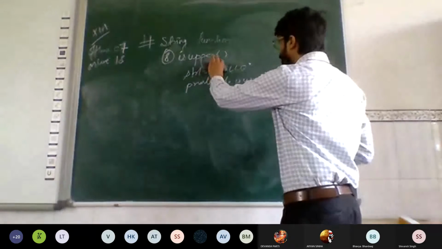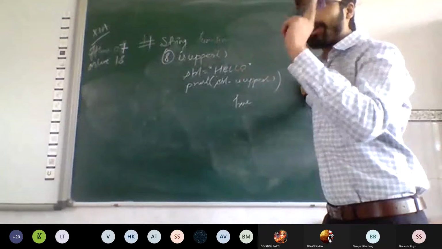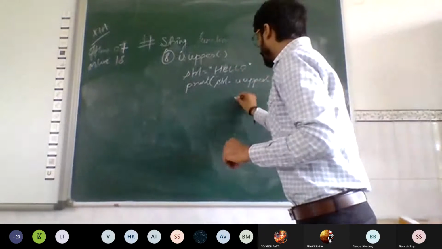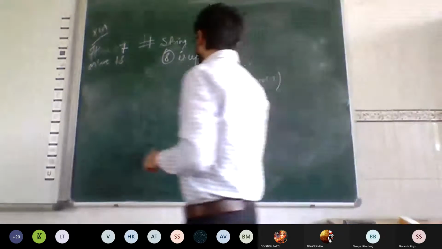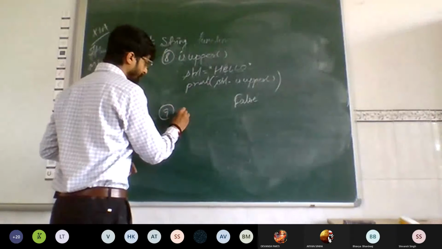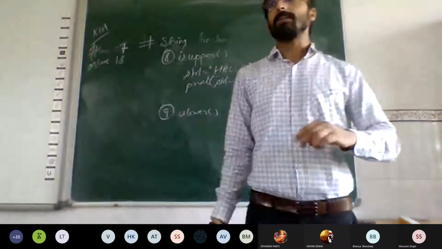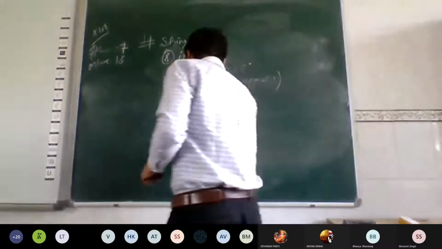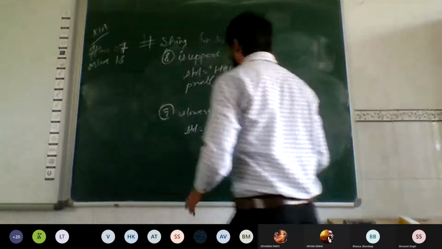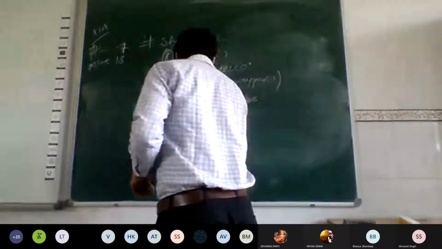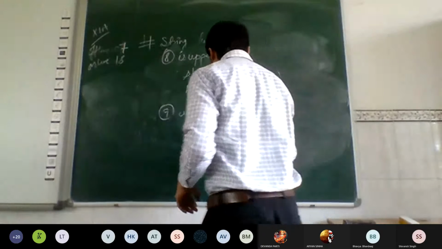But this is the string where 4 characters are in upper, but one is in lowercase, so it is going to return you false. Right. islower will check whether the string is in lowercase or not. Obviously, for this string, it is going to return you true only. Acha, what if I have done this?